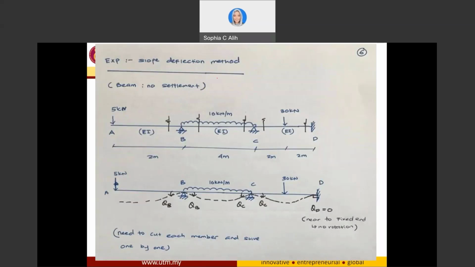For this one, the condition is that there is no settlement on the beam. Okay, first we look into the condition where there is no settlement. So for this beam, if you can see here, it is a continuous beam, and I have a cantilever end at point A. It is a cantilever in which I have a point load of 5 kilonewton acting on point A, and